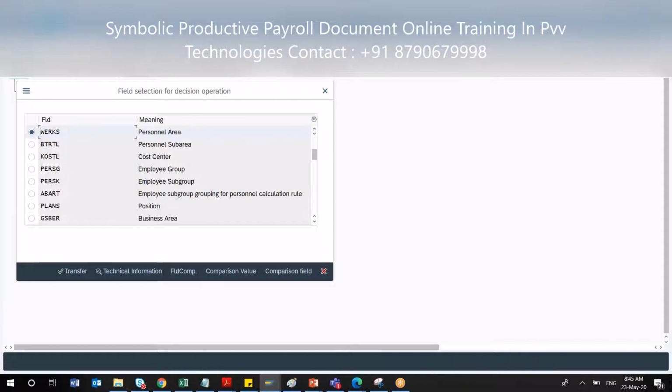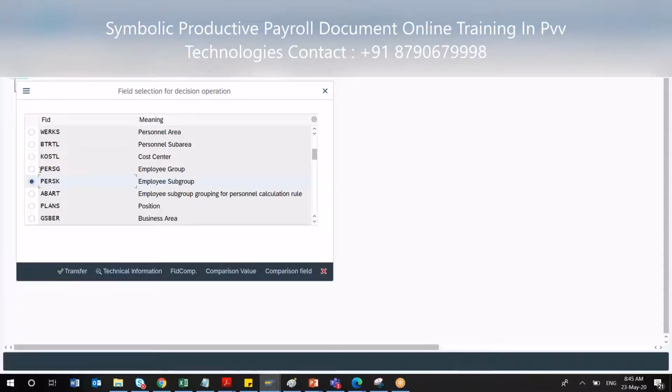From the GL they will be connecting to your waste types, and from a reporting point of view, you can decide whether you go for employee group, employee subgroup or personal area. But from my experience, most people use employee subgroup, because they define hourly based employees under it. That is the best way to go ahead.